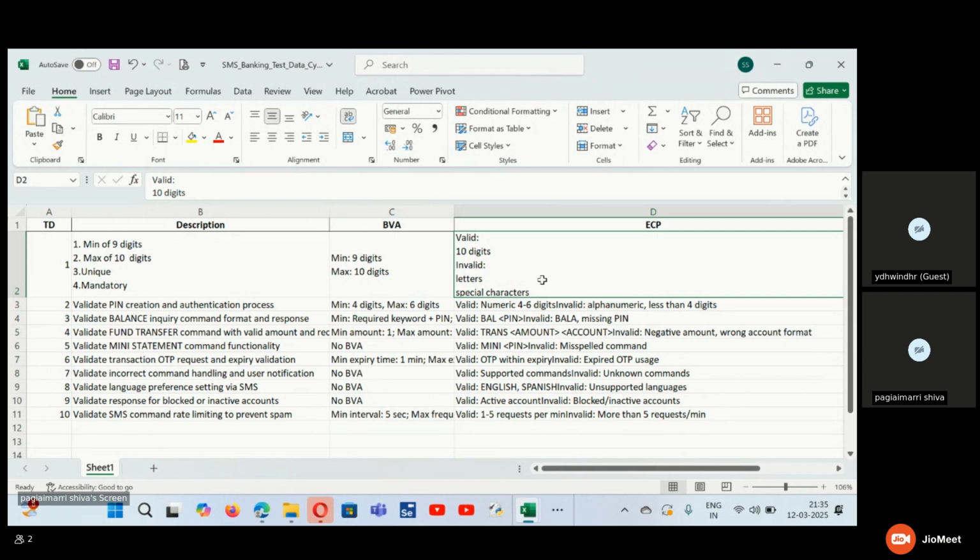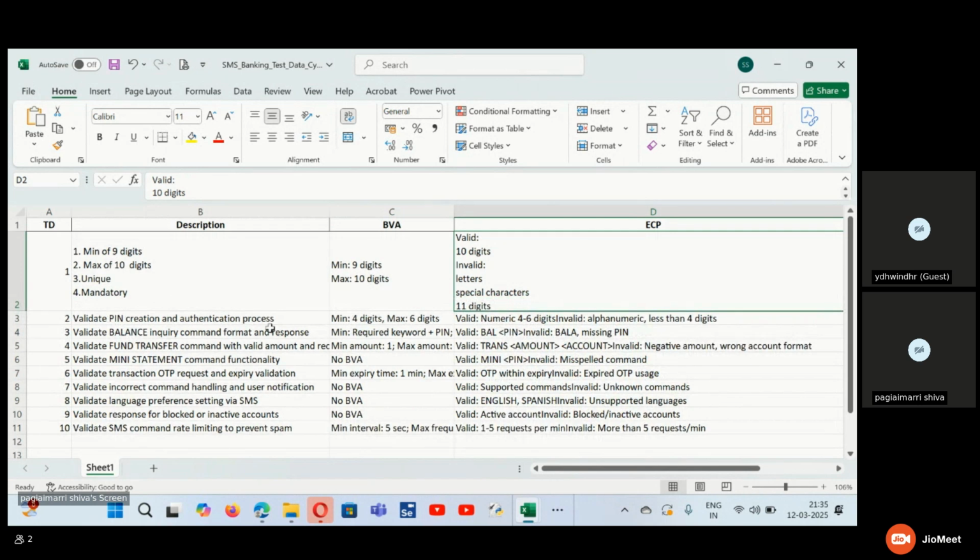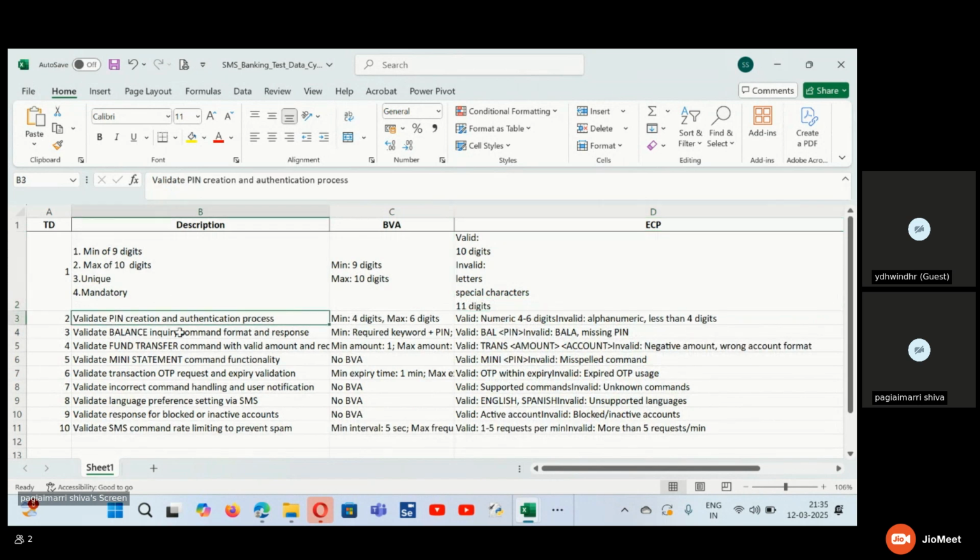Okay. Minimum 9 digits, maximum 10 digits, and the valid and invalid letters or special characters. It's clear. Like this, you have to edit all the features, validate